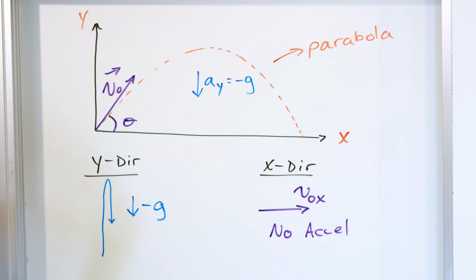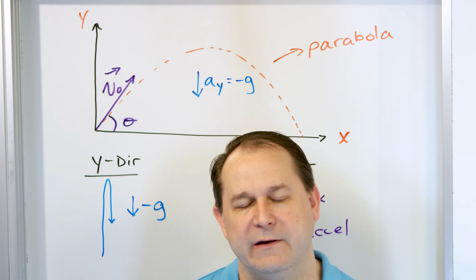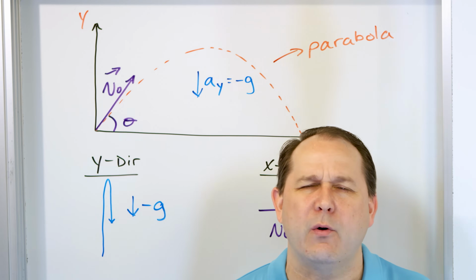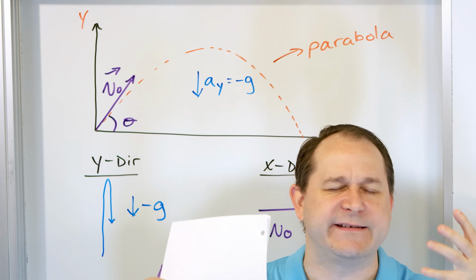There's no acceleration here. Why? Because gravity only acts downward. It doesn't affect the horizontal motion. That's so critically important. It seems so obvious, but I want you to really take a second to internalize